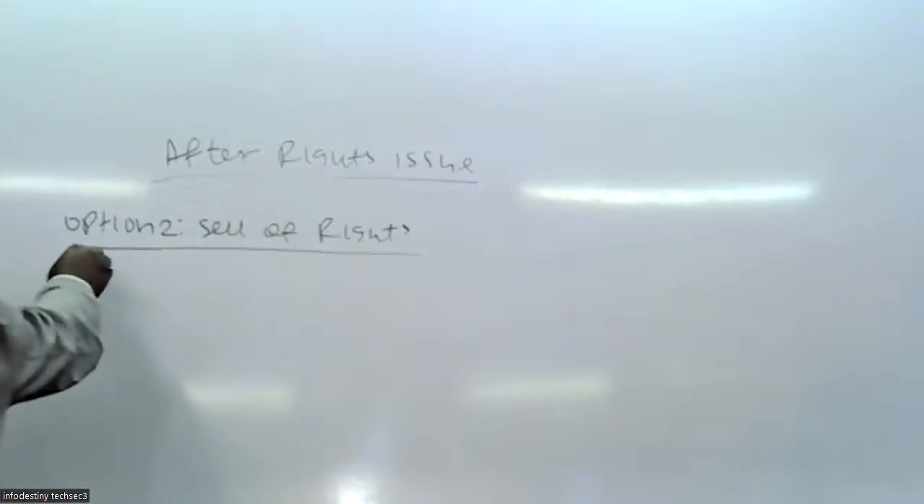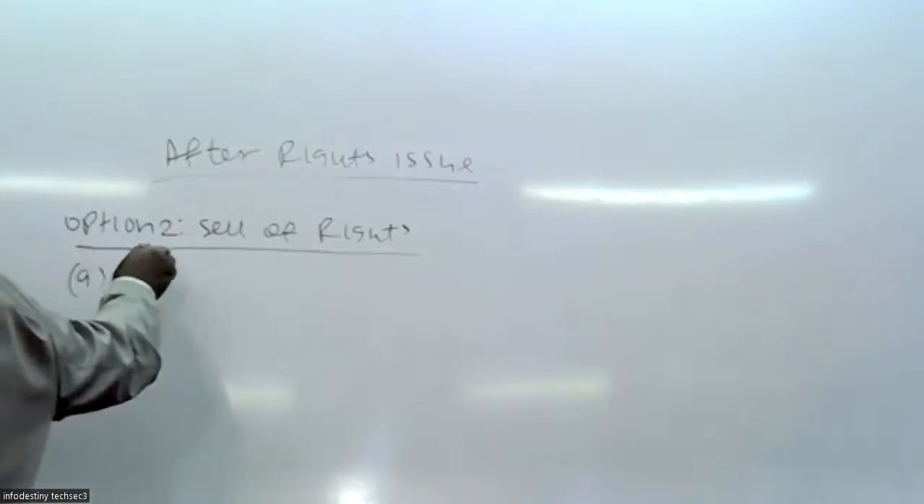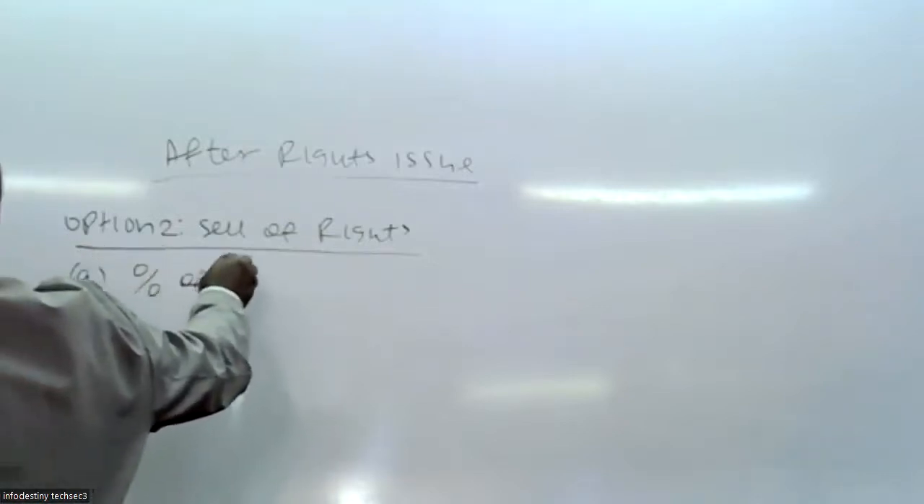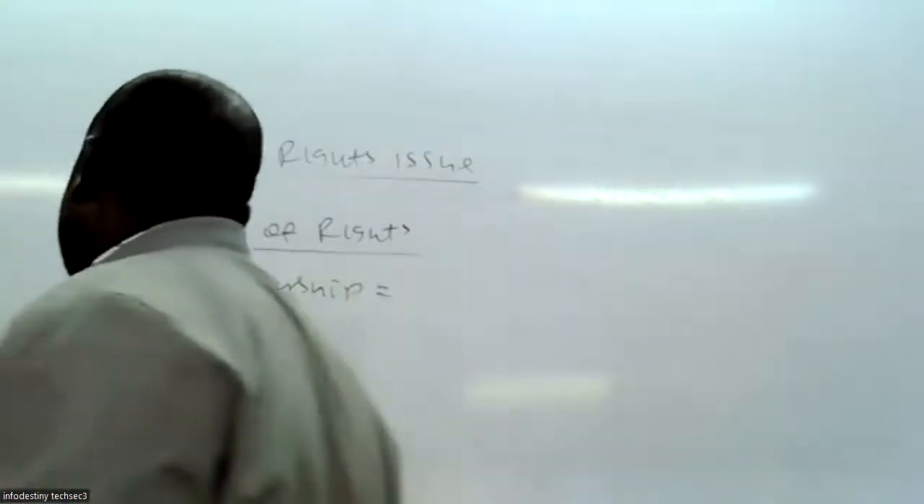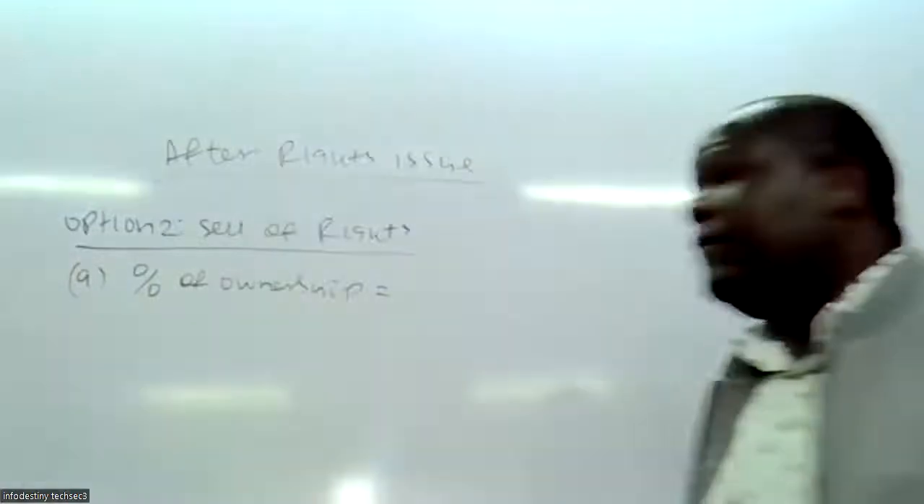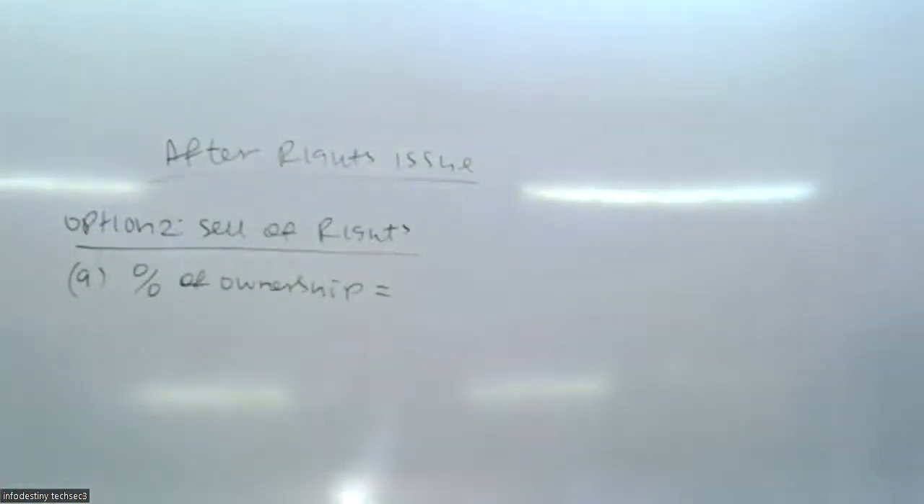so we start with the percentage of ownership. We start off as the percentage of ownership. So when you sell your rights, remember he acquired